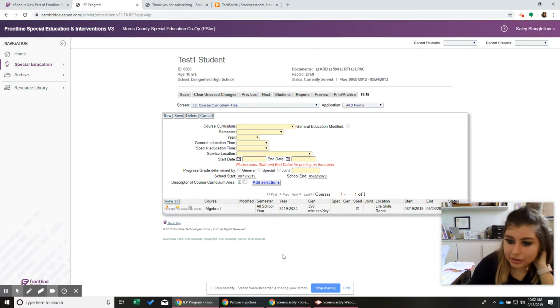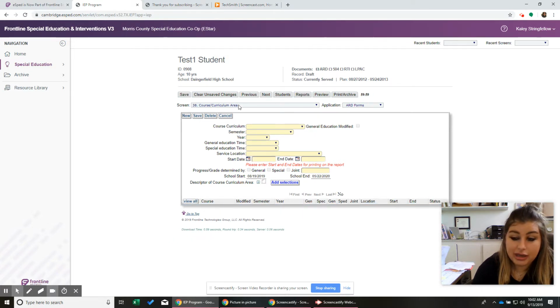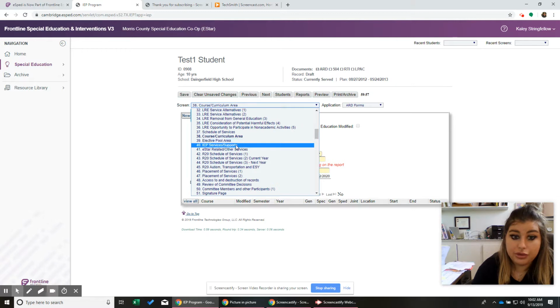This student, oh yeah, I put them in the life skills, algebra 1 all day. It's not helping because they're still struggling apparently. Okay, so this is where you're going to put resource. You don't put gen ed times, only special ed times. So let's say that this student, they're in all gen ed classes. They've been pretty successful. They need support, but no resource. If they have study skills in special ed, you put it here. Okay, so this student, they don't get any special ed time. And you're thinking, oh, inclusion or content mastery does not go here.